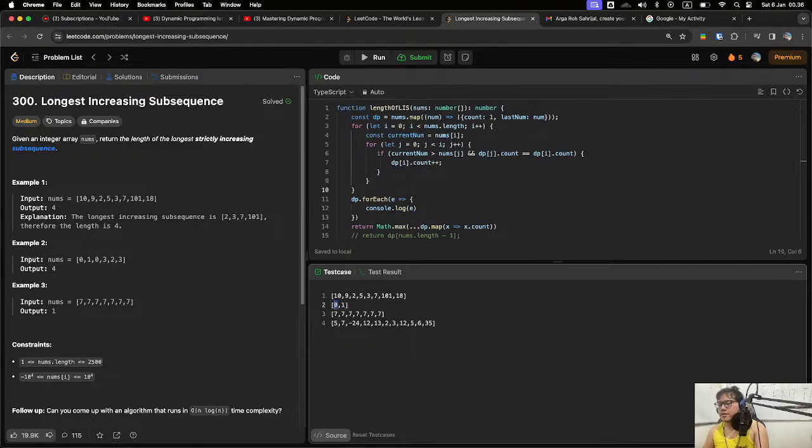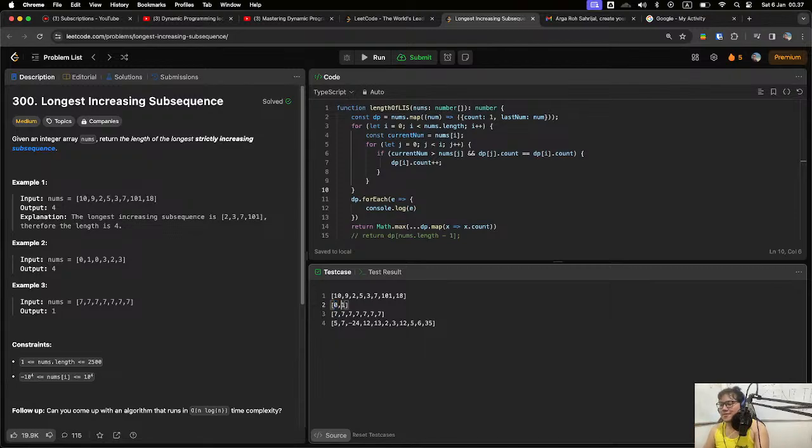If we already have an array with zero, and then we add another element, which is one, the longest subsequence for this index is actually one plus the longest subsequence of the previous elements, from the previous indices.